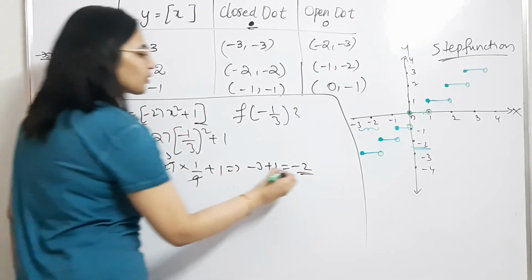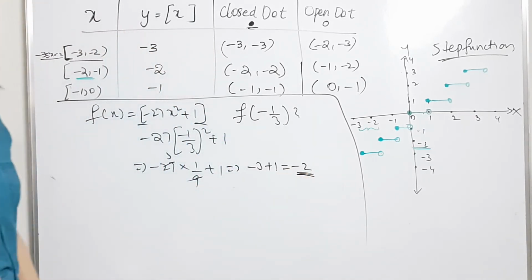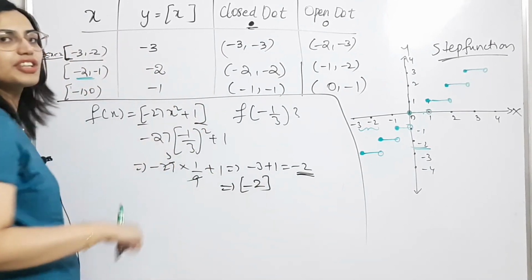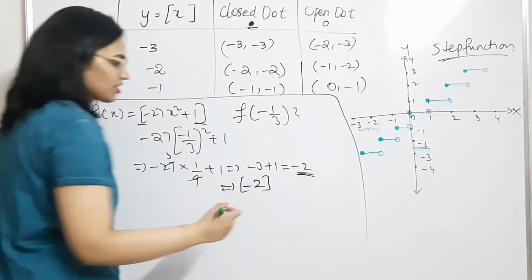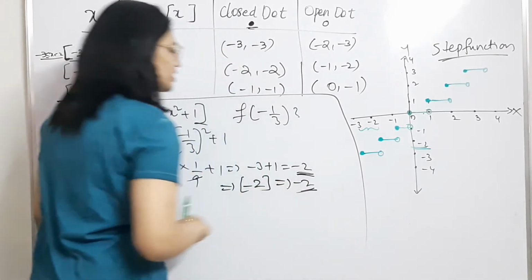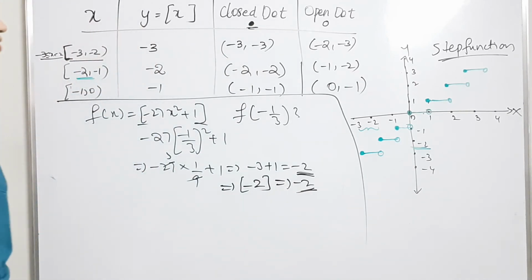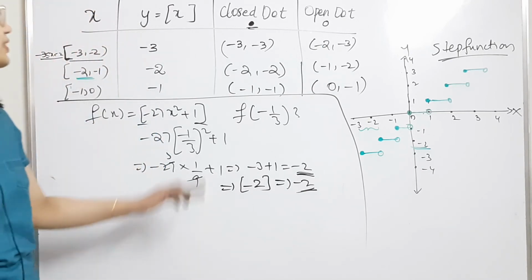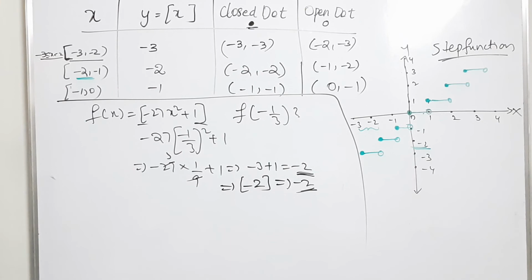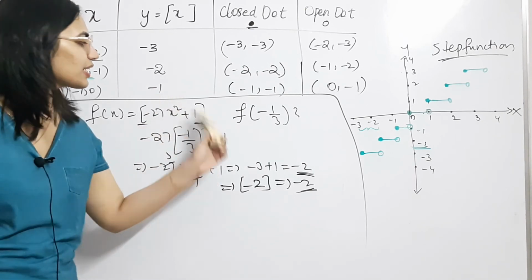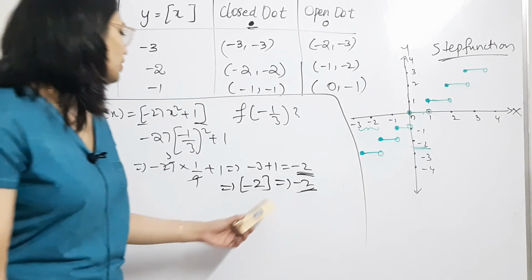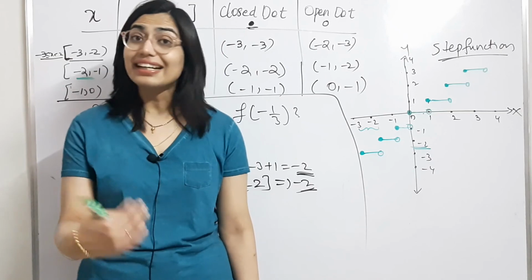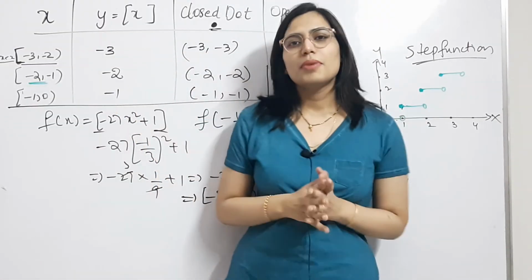So after you get any value here, any real number, you need to apply step on it, because we have step in that function. So what is step of minus 2 here? It's just minus 2, because it is an integer value, there is no integral part and decimal part, so directly we'll get it as minus 2. That is how you will find the value of f of x, any x that they give you: substitute in the function, get the step, and then determine the answer. Sometimes you get a decimal part, and then you round the value down to the greatest integer that is less than x. So this is all about the greatest integer function.